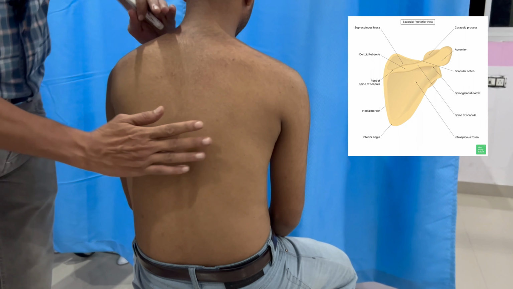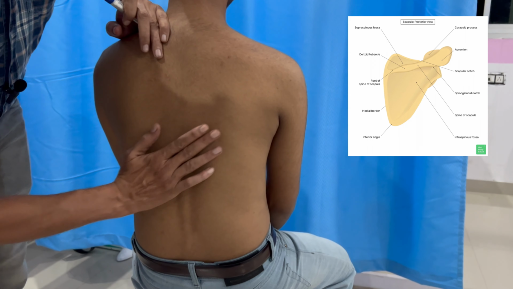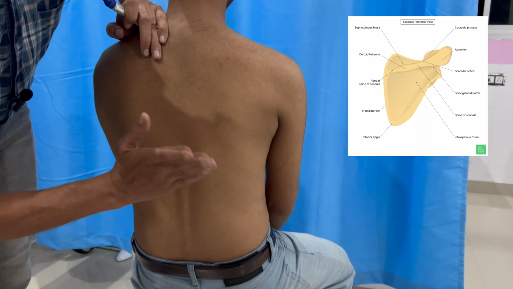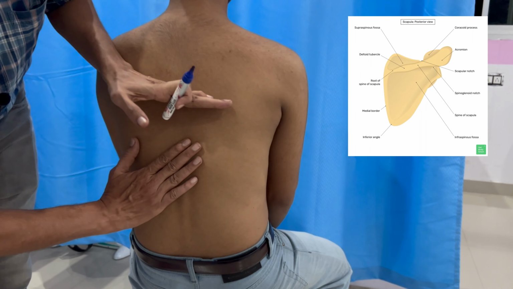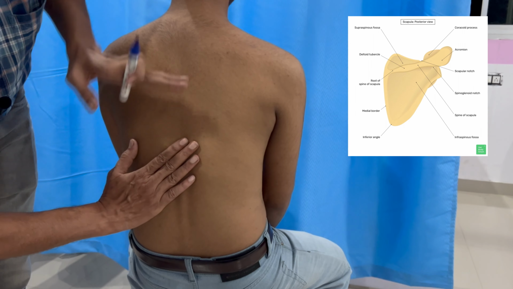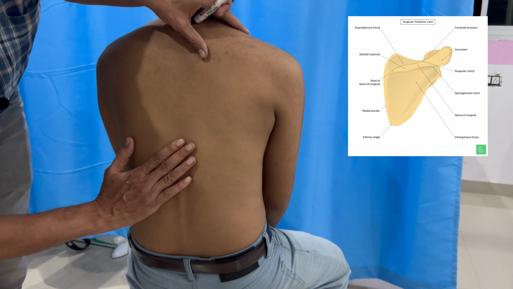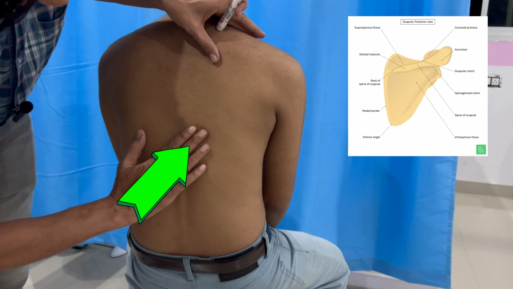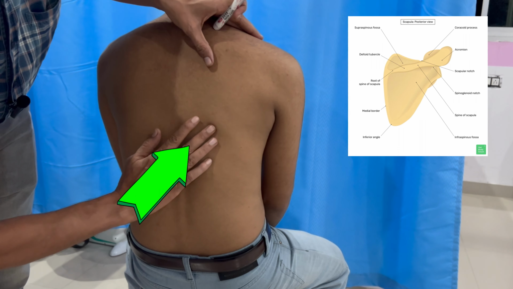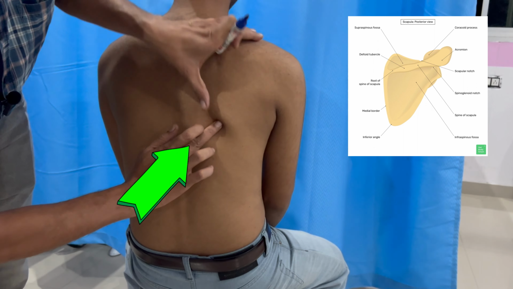Another approach is to directly identify the inferior angle. Just place your finger pad somewhere a little bit more inferior to the scapular location and slide it obliquely towards the shoulder joint like this. See, again it is striking